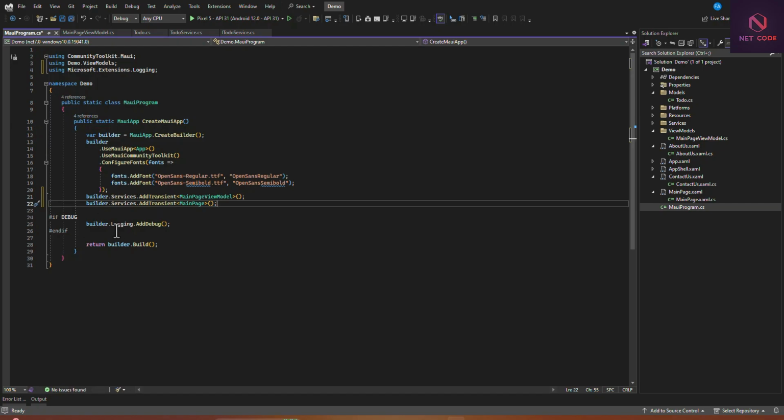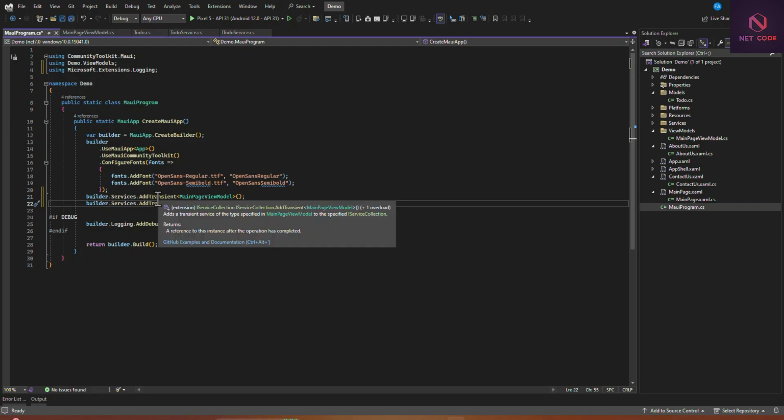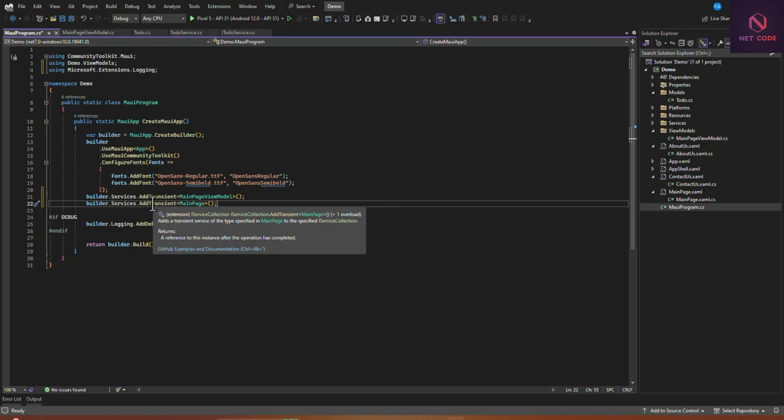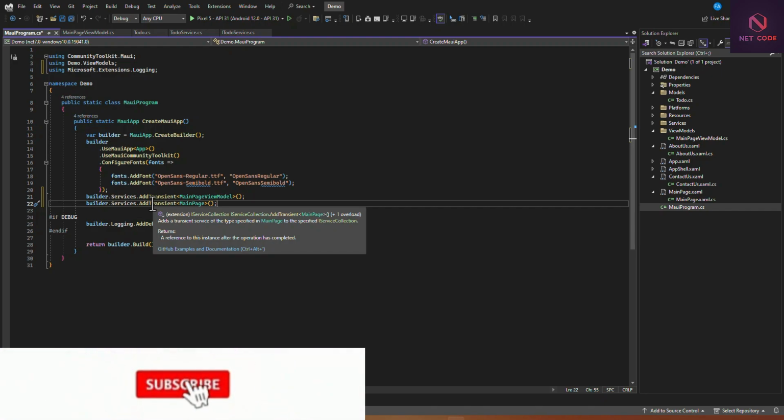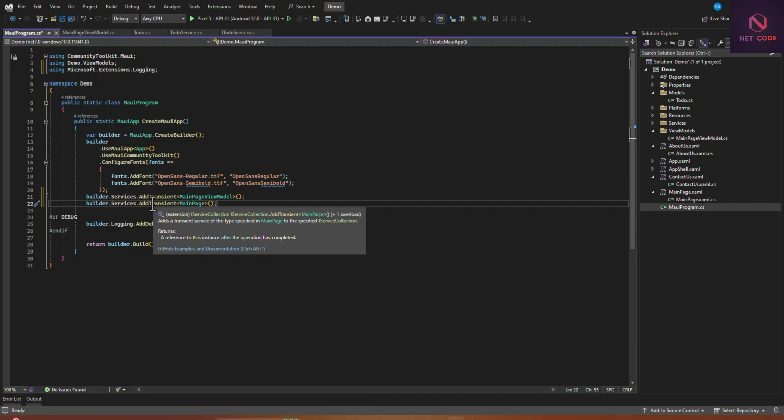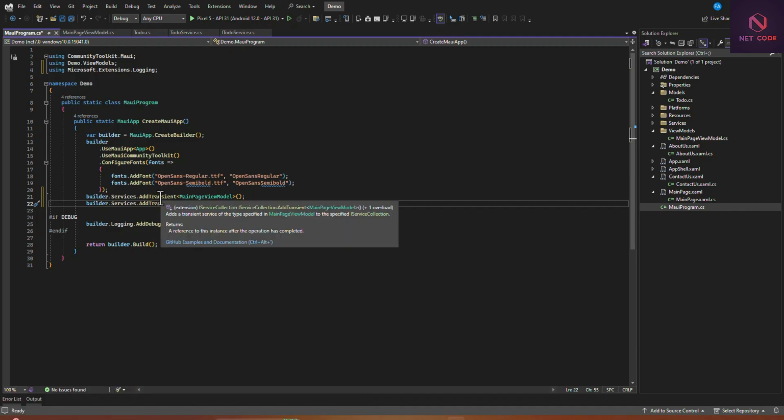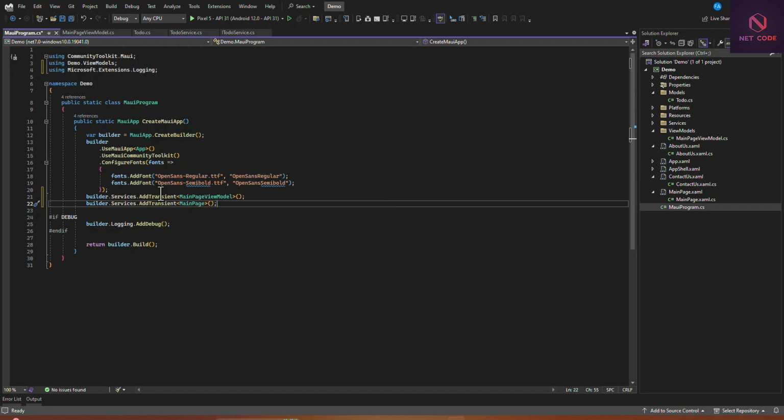The reason why we are adding this transient is that anytime we want to call this, we want to create a new instance, because new data could be called. So we have the default one as 20. When the next button is clicked, or when the next call is made, it's going to add another 20. So it is no more 20 again, but rather going to be 40. So we have to create transient so that it creates a new instance to update the data anytime it is called. Okay, so that's how we have to use this.